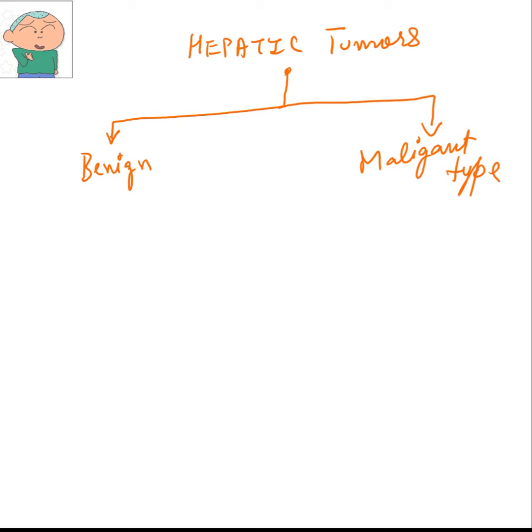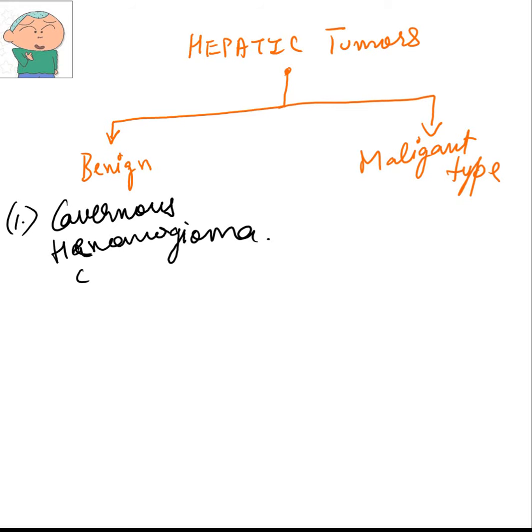Talking about the benign types of hepatic tumor, the most common benign lesion of the liver which we have is cavernous hemangioma, which is the most common type of the benign lesion of the liver. The second most common type of benign lesion, which is seen exclusively in females, is the hepatic